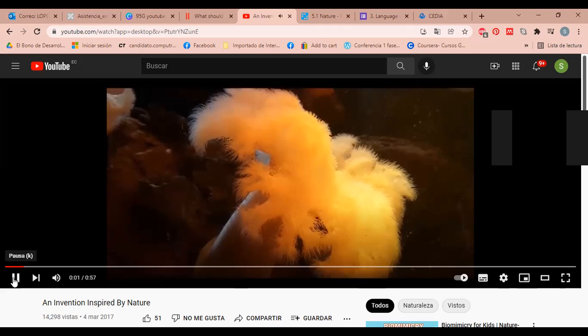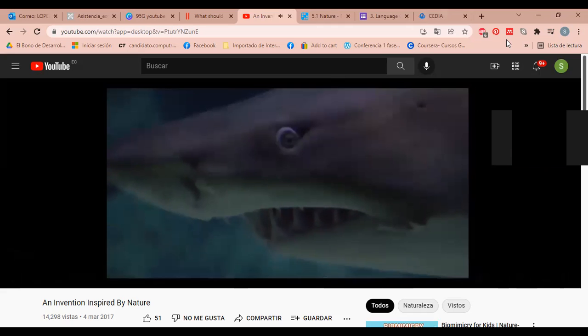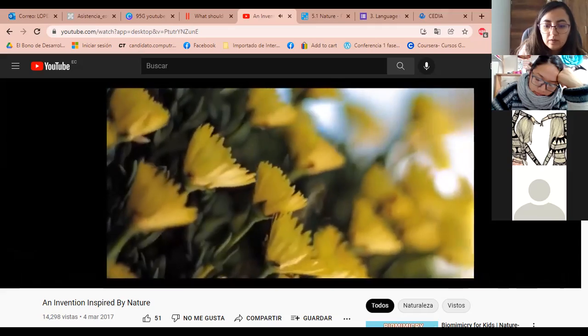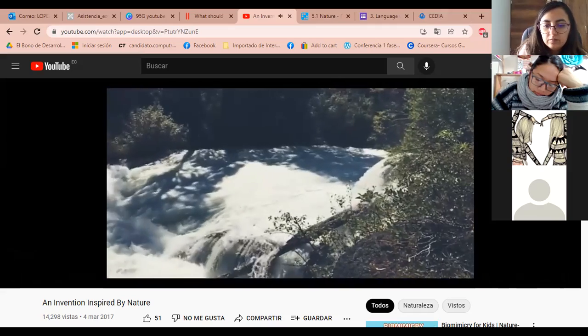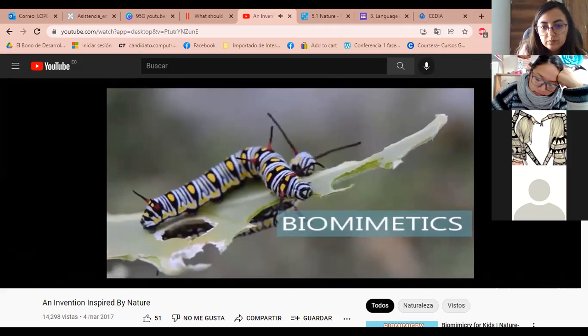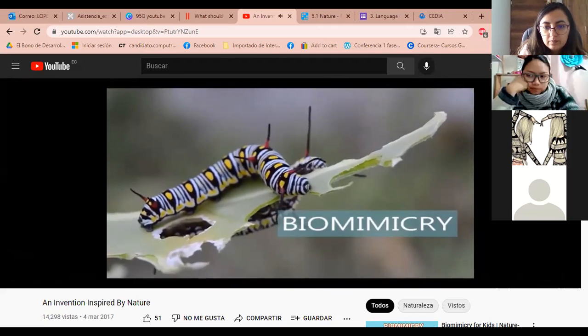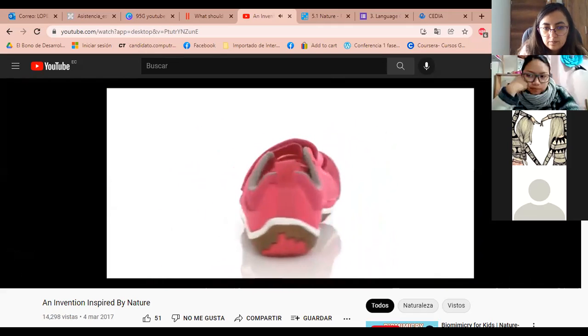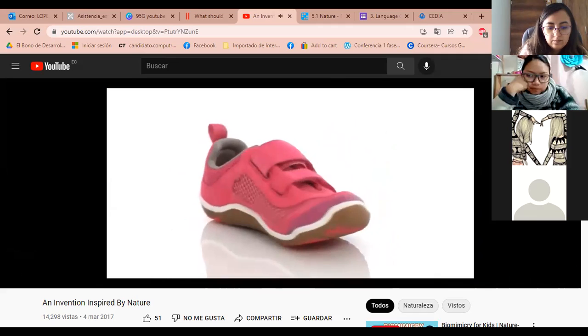Have you ever found nature to be inspiring? Some people find nature to be so inspiring that they use it to solve real-world problems. When models, systems, and elements of nature are imitated to solve problems, it's called biomimetics, or biomimicry. The invention of Velcro, commonly seen on children's shoes, was actually inspired by nature.